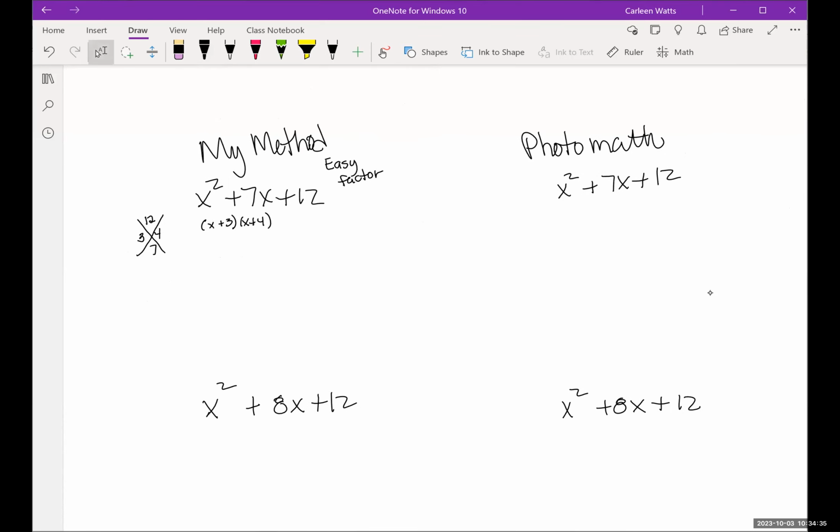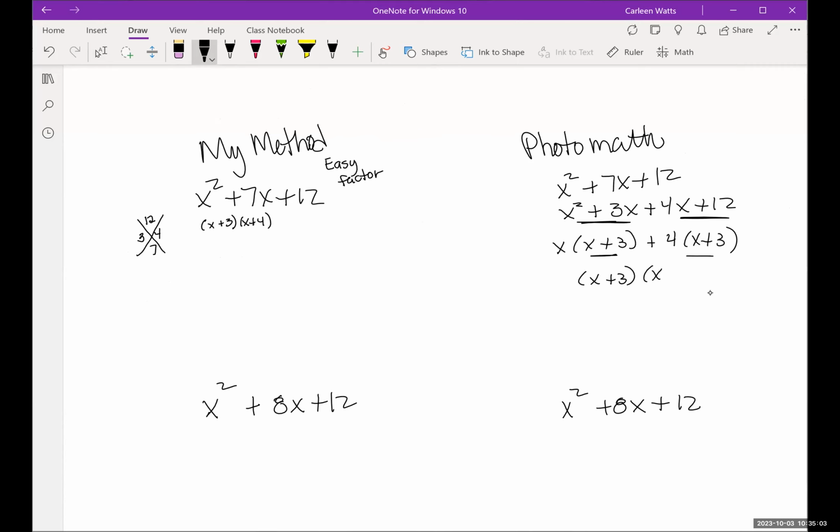The photomath method is split your middle term. And then factor by grouping. Take your first 2 terms, factor out an x. Take your last 2 terms, factor out the 4. Notice x plus 3 is the common factor. It moves to the front. Okay, now can you see that photomath is not easier? I mean, it's easier because it does it for you. But yeah, so